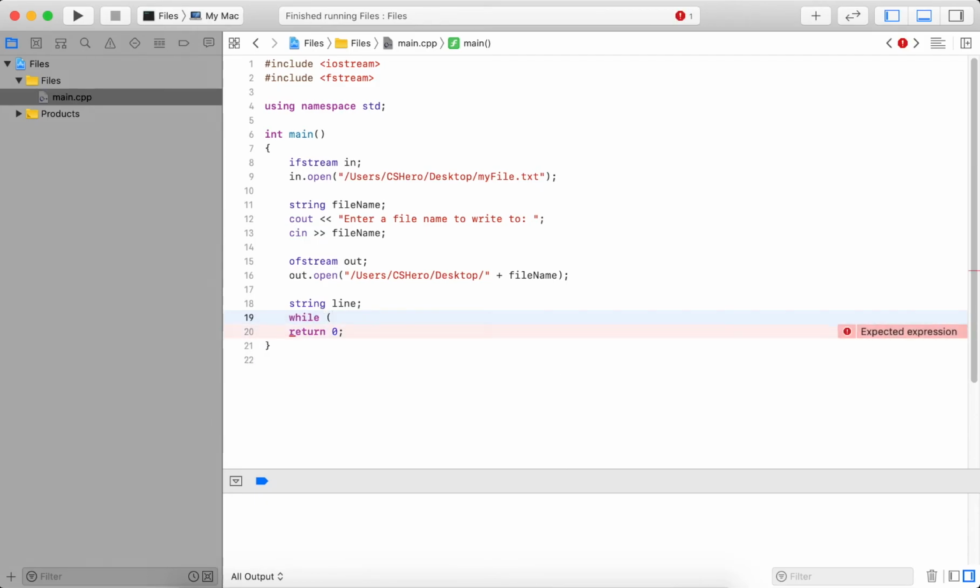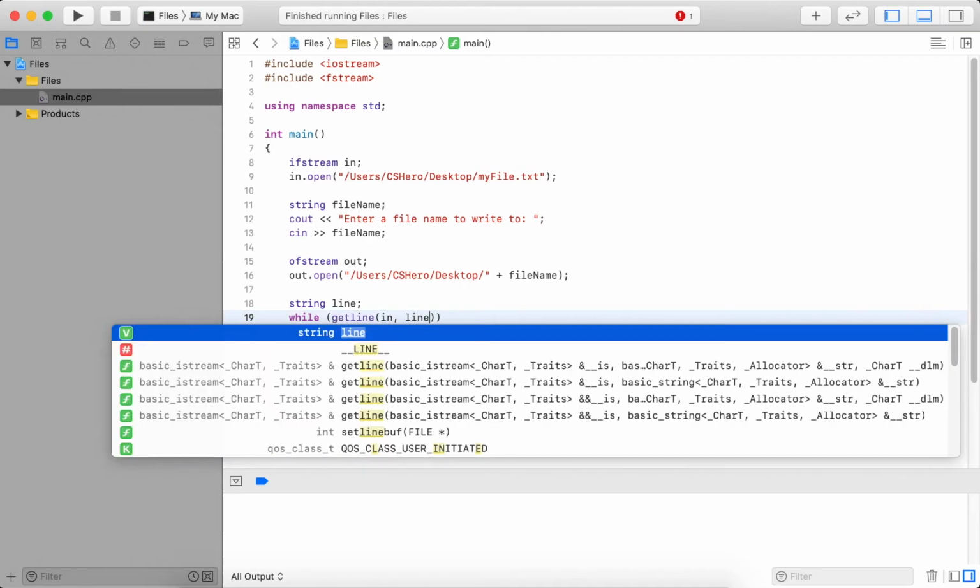In order to read an entire line, I use the getline function. It expects 2 arguments. The first one is the stream I want to read from. In this case, I want to read from my input file stream up here that I called in. And the second argument to the getline function is the variable I want to store the line in. In this case, I called it line.